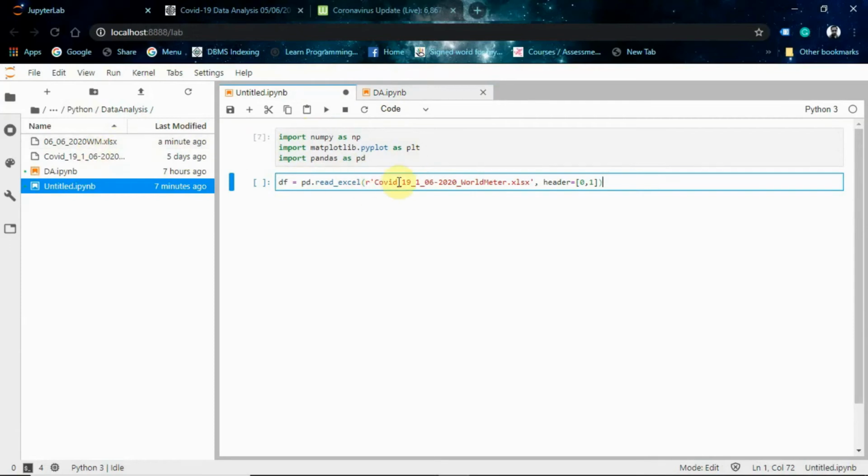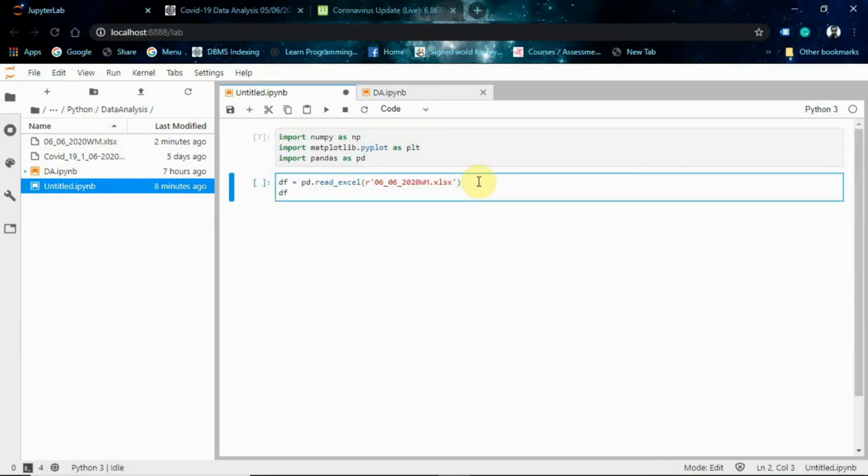Right now our data name is 06_06_2020_WM, and here I mention that I want to consider the header of row 0 and row 1. So let's see what happens if we don't put this in our code.